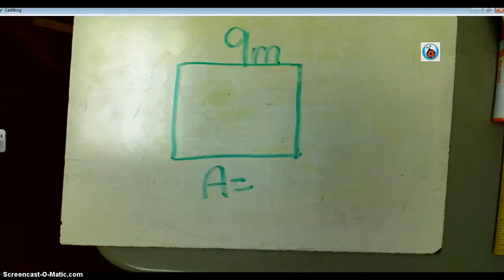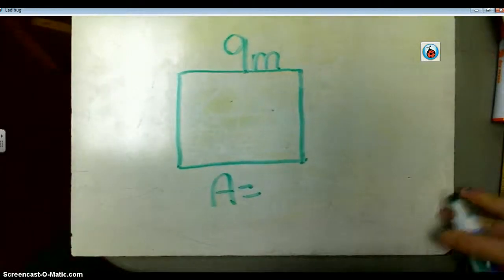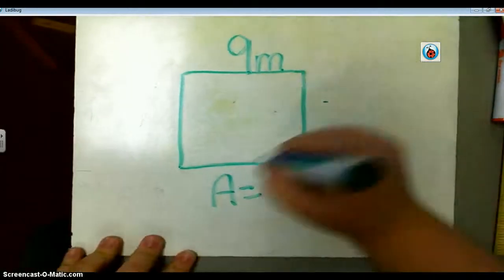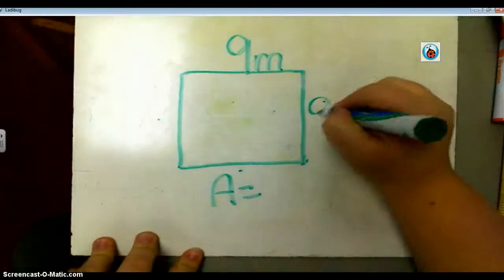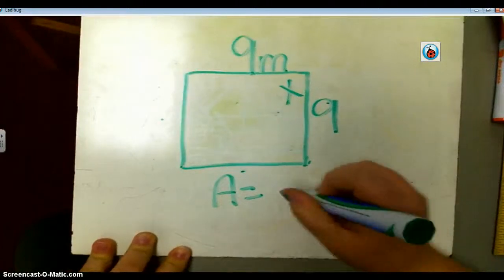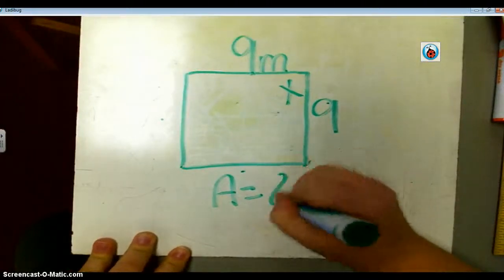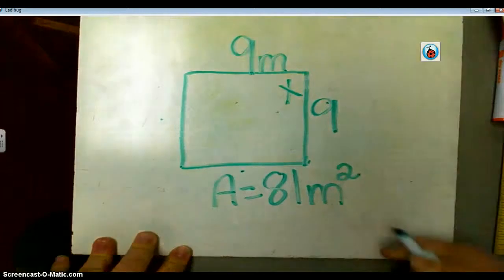Alright, obviously if I only gave you one side measurement, this is a square. And all the sides on a square measure the same. Some of you accidentally made the mistake of saying 9, 9, 9, so you found the perimeter. It would really be 9 times 9, which is 81. I have to have my units, and I have to let you know that it's squared